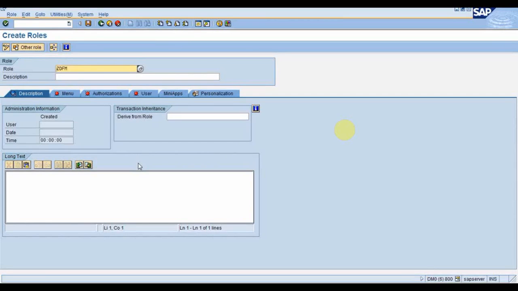Even the org structure will be created by HR people. You don't have to create it yourself, but still I will show you how it is created, because as workflow people, the problem is you should know everything. Even if it is not your job, you still must know some basic things. Like if you're working with a CRM system, you should know about BP, how business partners are created. Just basic knowledge is sufficient, and the rest you can cover with your workflow knowledge. So this is how the role is created.